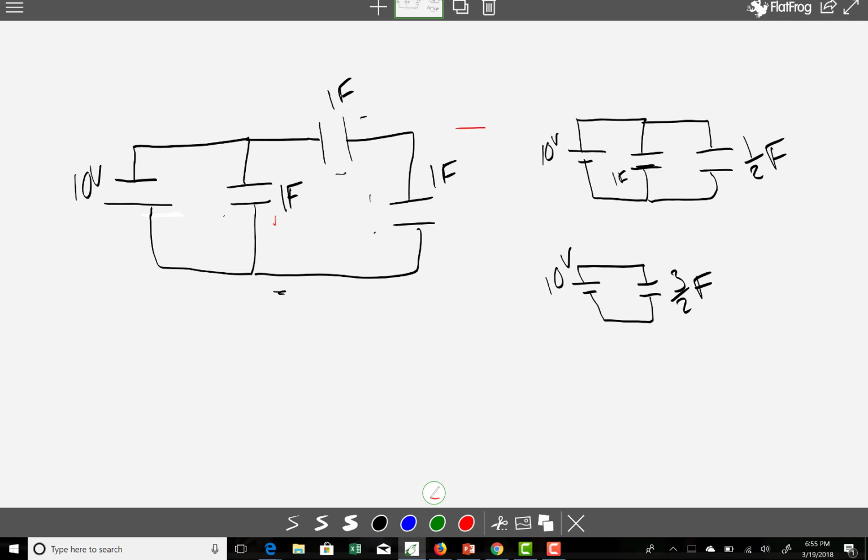And so I went ahead and simplified this down here, where I have the two that were in series simplified to this half a farad, and the one that it was in parallel with is still 1 farad. And then I simplified it down even more, and so we have an equivalent capacitance of 3/2 farads. So just remember, backing this up,